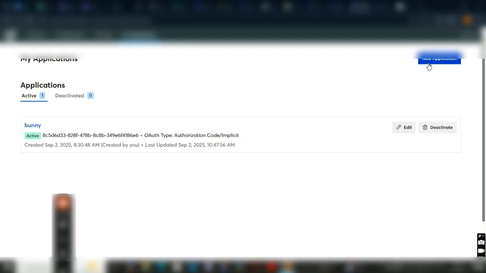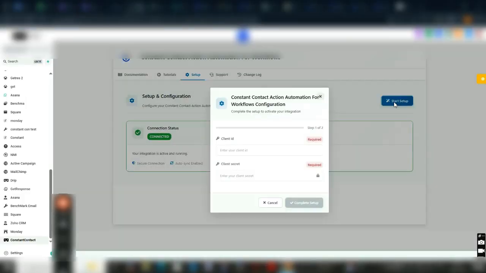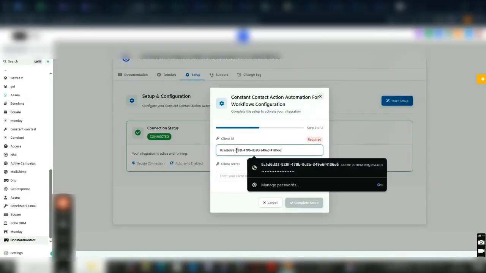Create an application if an application has not yet been created. But in this case, an application has already been created. So we click on Edit. From there, you copy the API key, head back to your account, you click on Start Setup and paste it